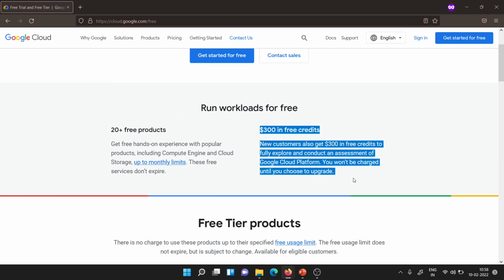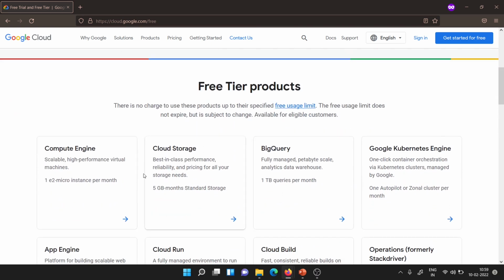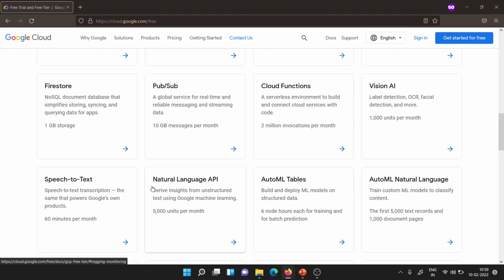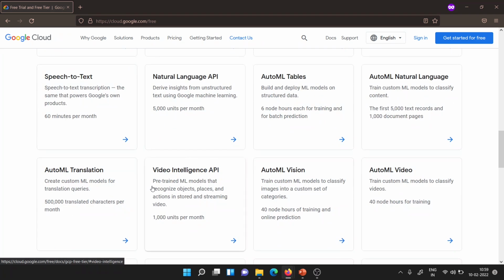So as we have already seen, most of the public cloud platforms already have some sort of free tier, where you can go ahead and try their services for free. Now in this free tier, you have all these products available. So I would recommend you, if you are interested in Google Cloud Platform, go ahead and try it out, and it would be very helpful for you.